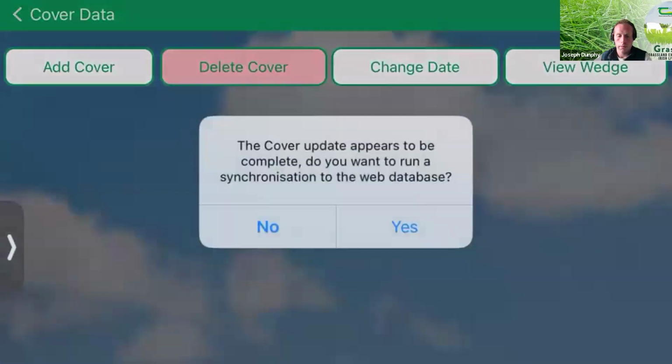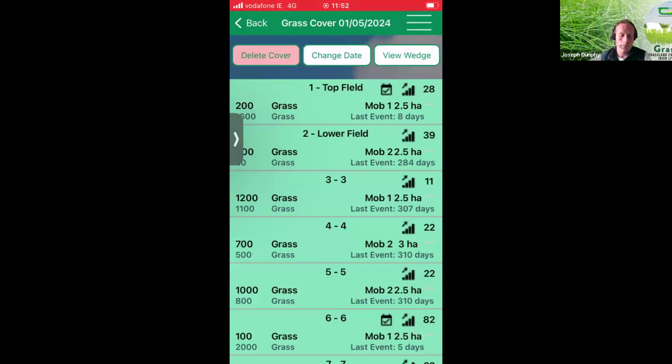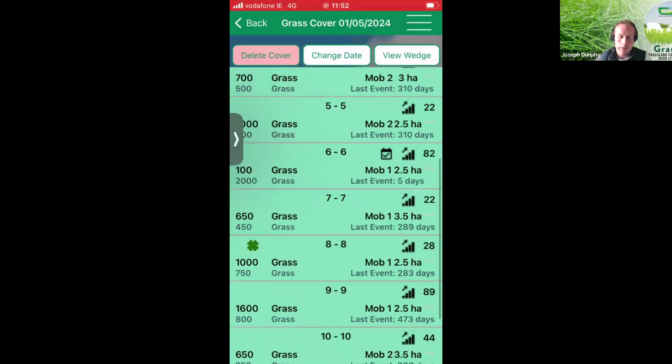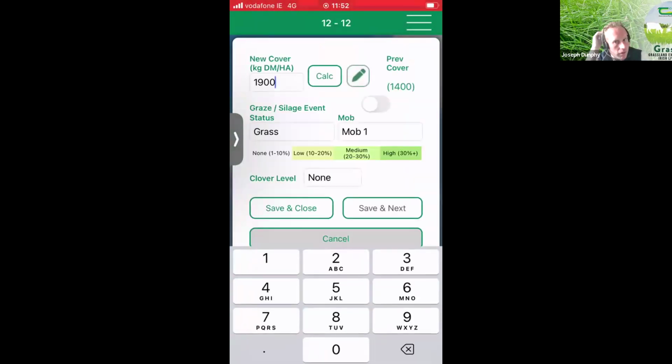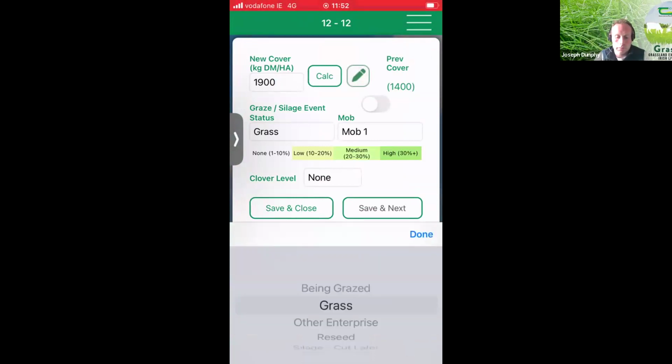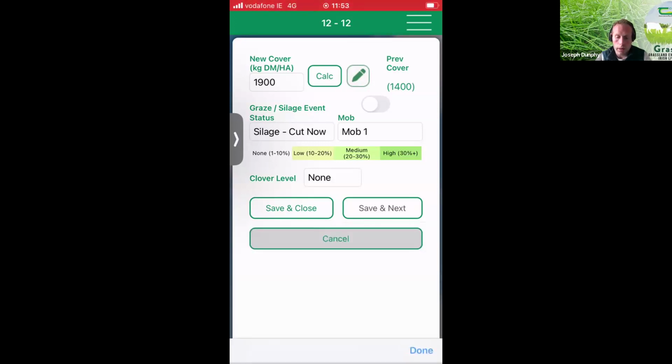So back to the cover data. And we find that field that we had, 1900, Paddock 12 at the bottom. Okay, so I have a couple of different things I can do with this. I can either put it into silage cut later. So maybe I'm going to leave it for a week or 10 days and cut it out when the weather gets more settled. Okay, so that's the best spot to put it for silage cut later, because it's not happening today. If I go to silage cut now,